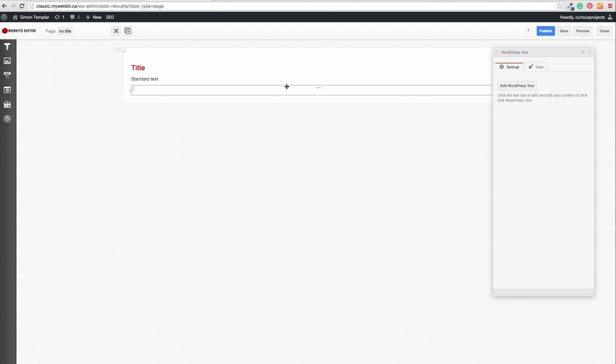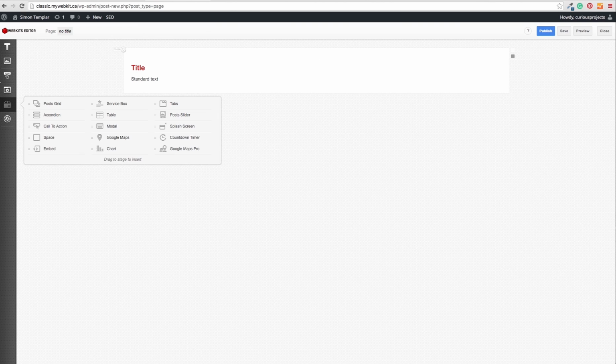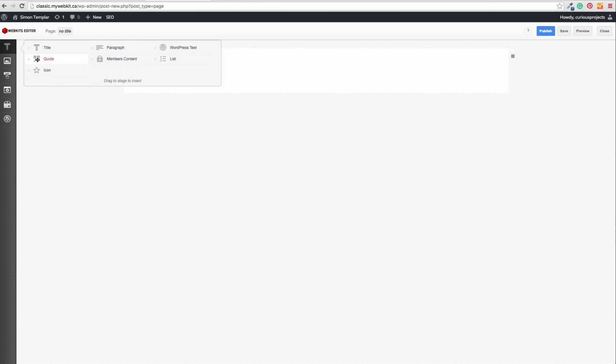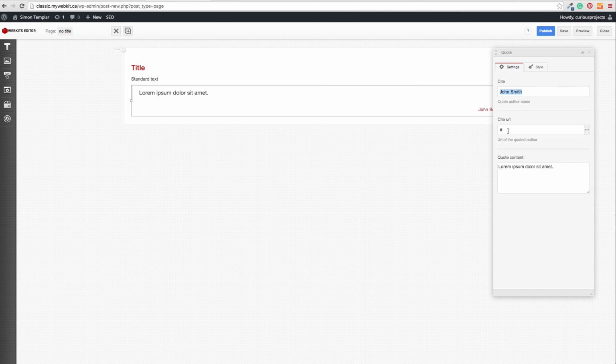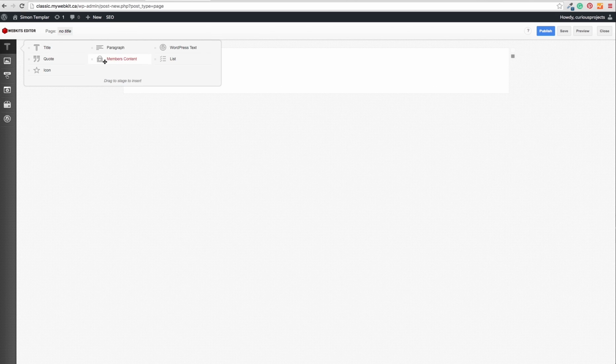To delete a widget, you simply make sure it's selected by clicking on it once and then hitting the X up here. We have quotes, which allow you to quickly add the person's name, maybe a URL to their website or email, and then their quote. Members content is a password protected content, so a user needs to be logged into your website in order to